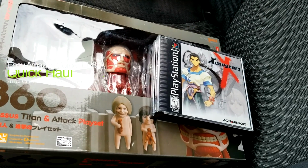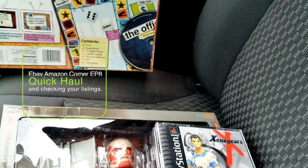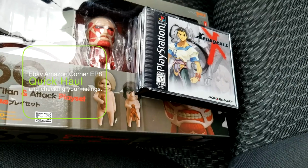I'm at my Goodwill, and I just picked up these three things. I'm gonna go back in for more when they start bringing stuff out. But yeah,